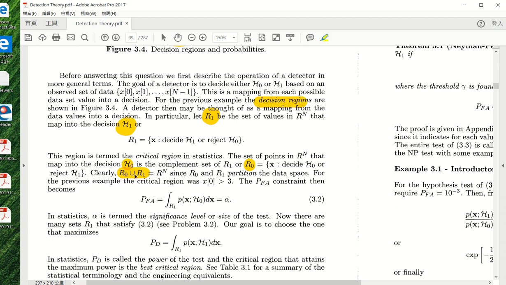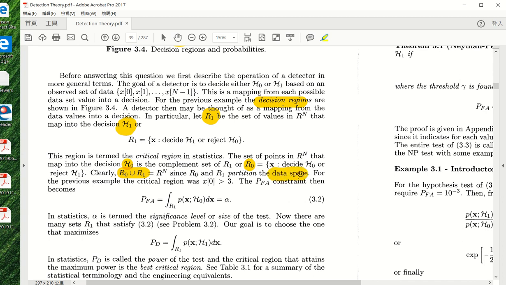You always have to decide which hypothesis it is. So R1 and R0 will compose of the whole domain, the whole domain. 全这个 realization 的 domain 必须一定要属于某一个 hypothesis，不能没有属于这样子。